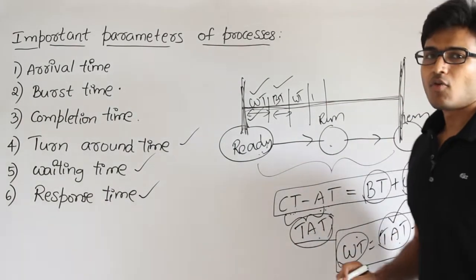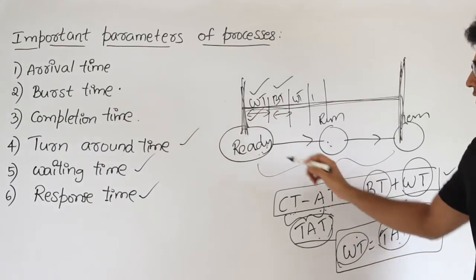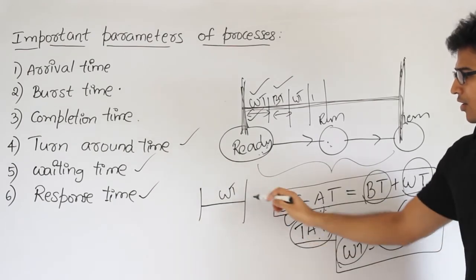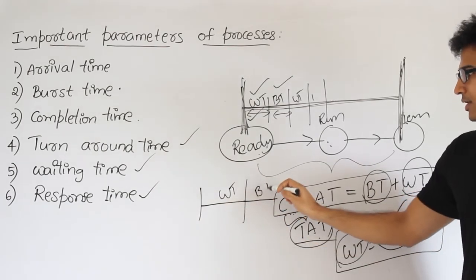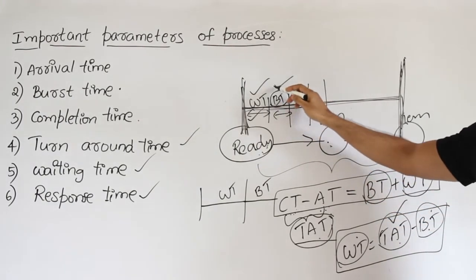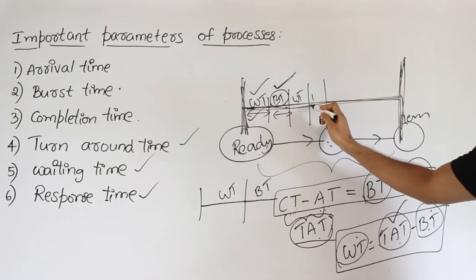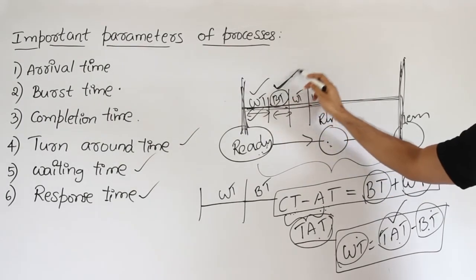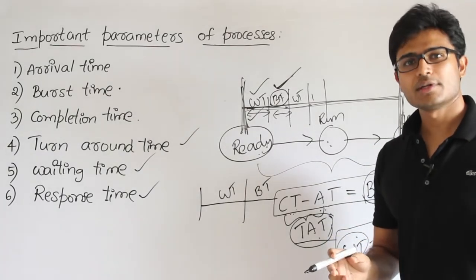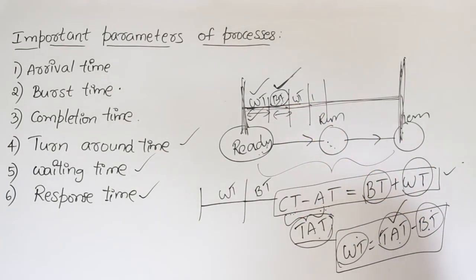Response time is nothing but the first time at which the process hits the CPU. After it arrives, let us say it arrived here and then it waited in the queue, that is called waiting time, and after that at some point it is given the processor to get executed. When I write burst time, it doesn't mean that the entire burst time is over. You might get confused here. Whenever I say waiting time, burst time, waiting time, burst time, it doesn't mean that the entire burst time is over. I mean it executed only for some time and again came back into the ready queue so that it can execute later. In case the entire burst time is over, why will it ever wait? It will directly go and terminate, isn't it?